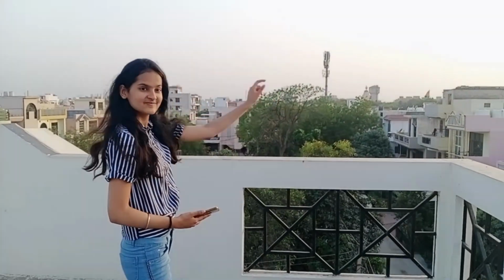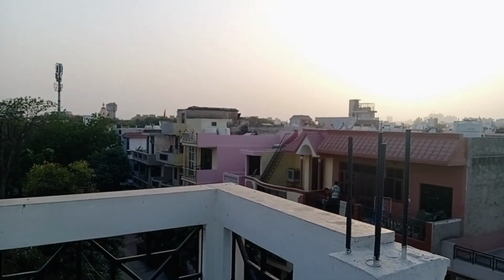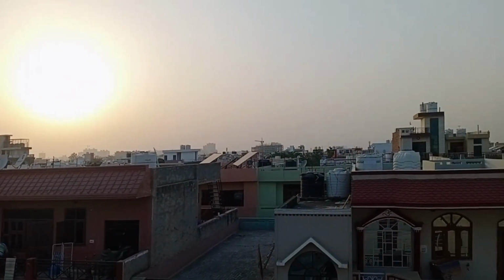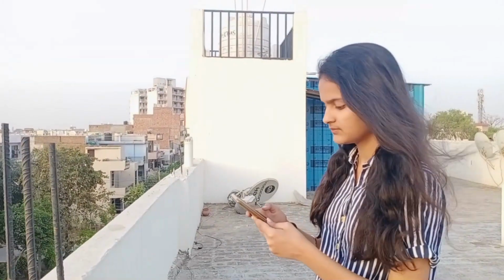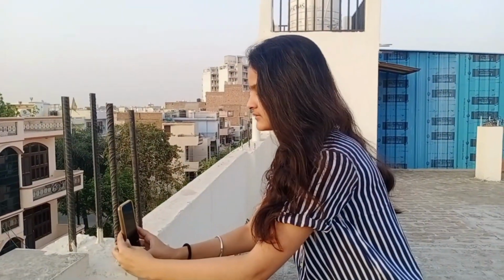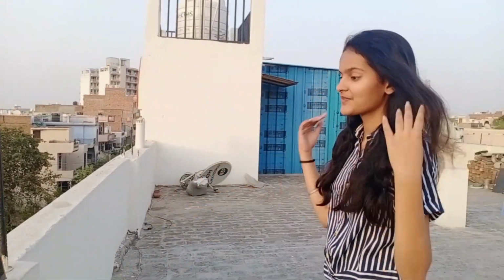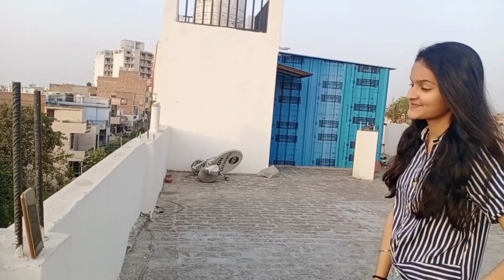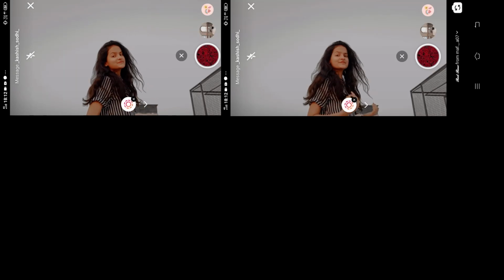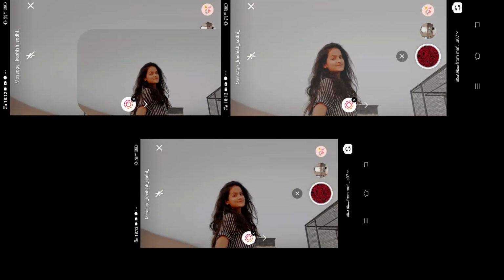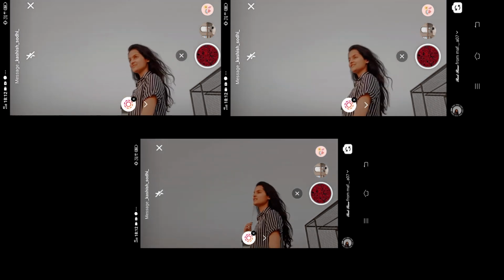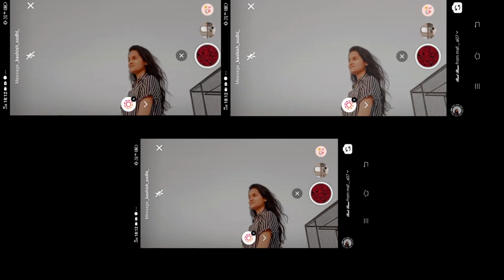So here's another tip or trick, whatever you call it, for clicking your own photos. Always click your photo in the direction opposite to the sunlight, like you can see in the video. And then I rested my phone on the pipe, as you can see. This filter gives a warm effect to my photos. The name of the filter is Red Rose, and it's kind of my favorite.